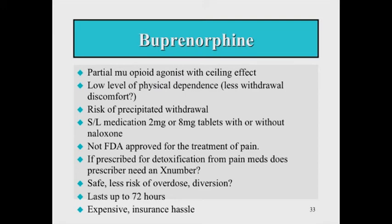If you feel uncomfortable using pure agonists with a patient, then I would use buprenorphine and cover yourself. It's safer. There's less risk of overdose because of the ceiling effect. There's less respiratory depression. It is being diverted. Of course, as a physician, an licensed professional,